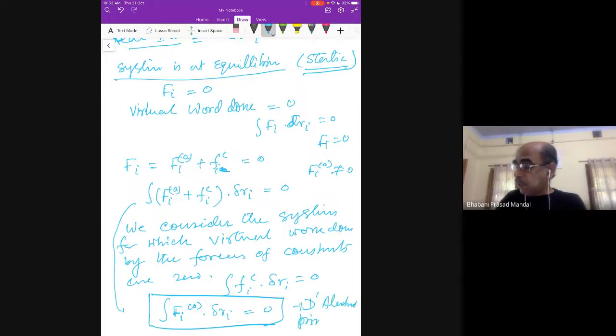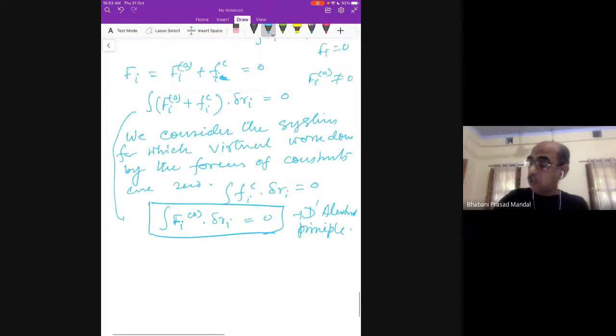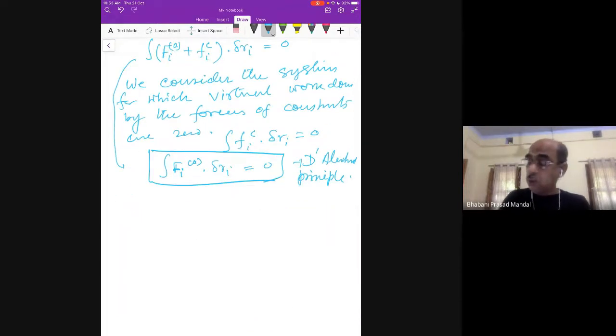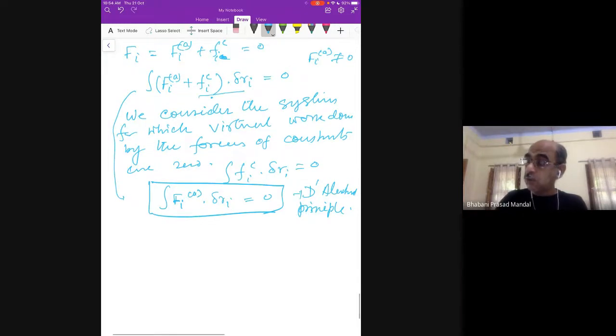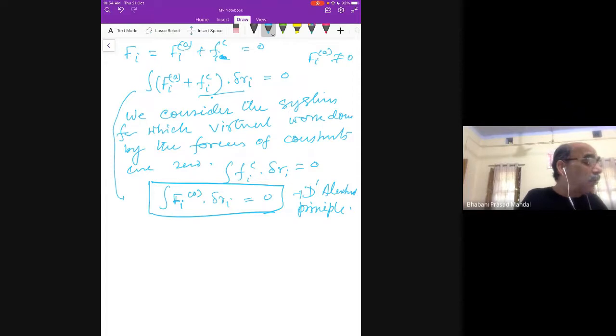This has many different forms of this equation. So this is equal to 0. If this is equal to 0, I substitute it, and this part is remaining. So this is the virtual work done. But the statement and this mathematics are a little bit different. And you may realize this virtual displacement.